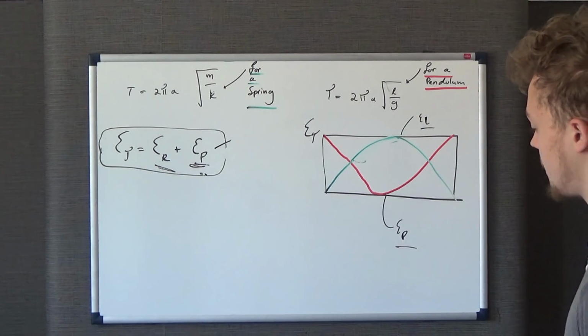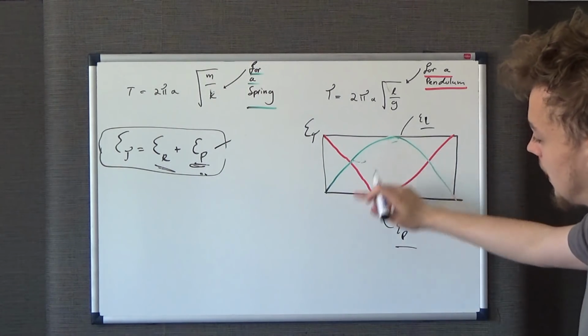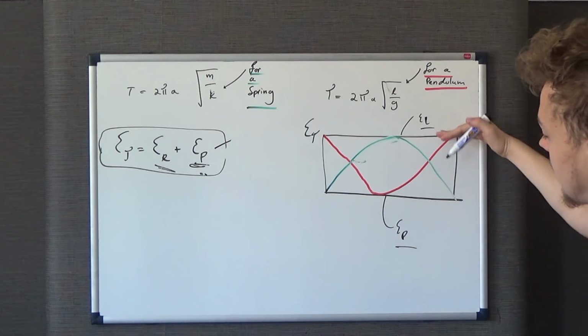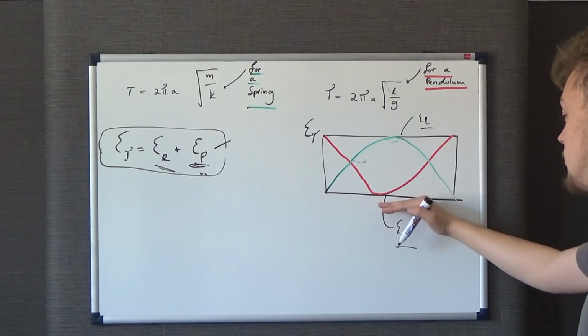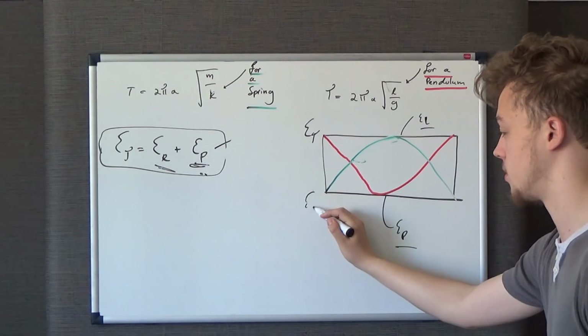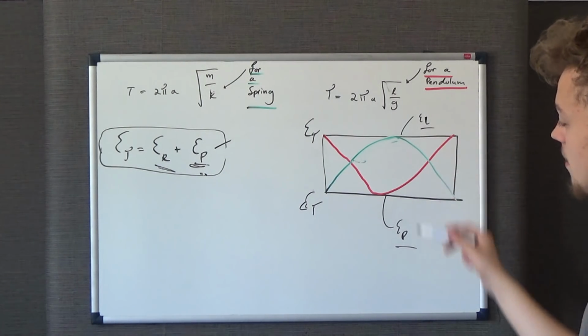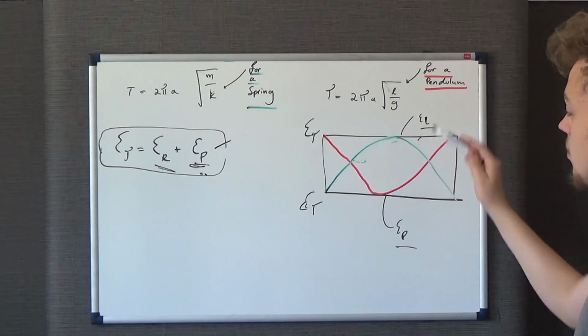At any given point, they will add up to this straight line at the top. They will combine to one line, the total energy at any given point. These two curves have to add up to